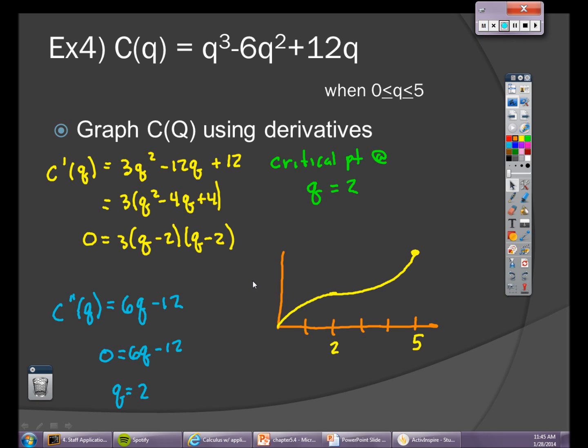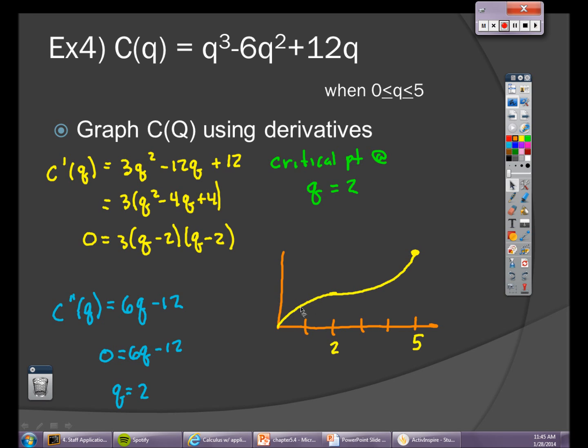So after using some test points on my sign charts for C prime and C double prime, I will come to the following. I know that there's an inflection point at 2, and I also know that the slope of the derivative is 0 here. If I plug in points to the left of 2 into C double prime, I'll get negative values